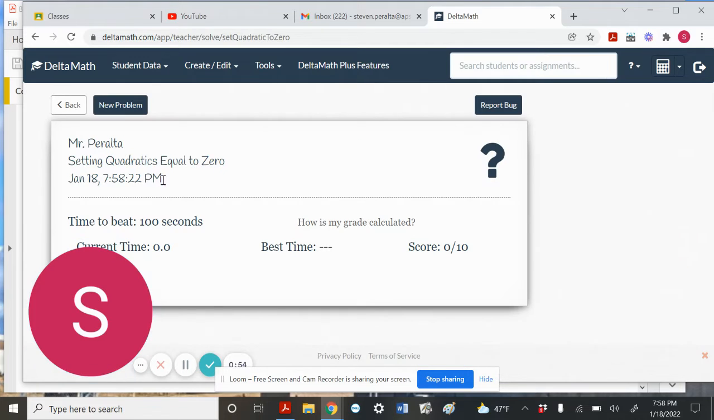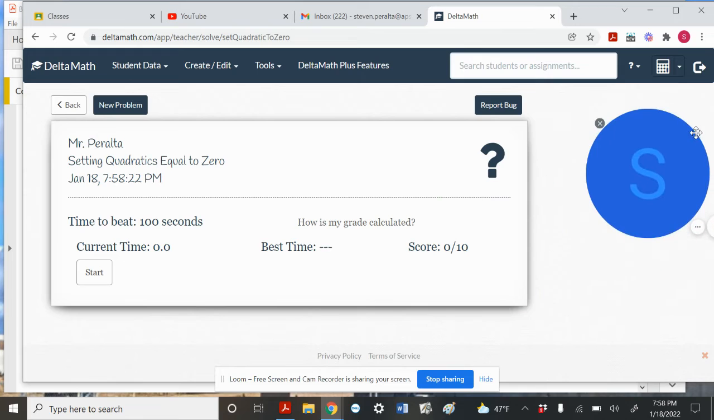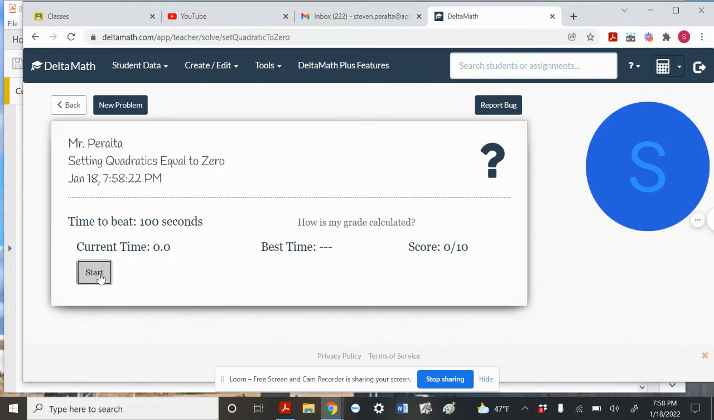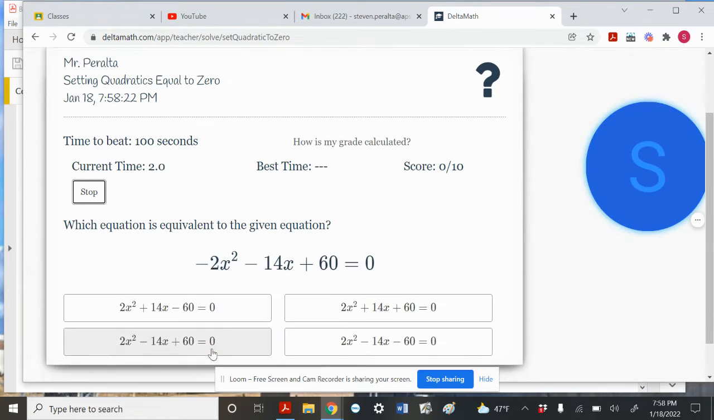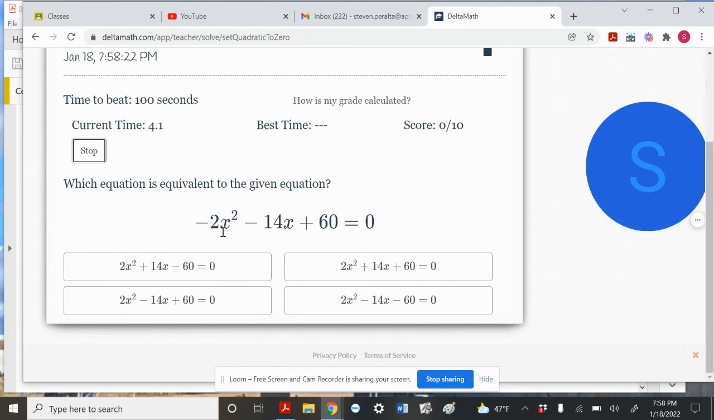So if I bump into that now, notice here we have the time set. It's 100 seconds. This is for 10 of them. That's not what you're doing. You're doing 75 seconds for 5. And so if we go ahead and start it, the important thing is notice here that we want to get,